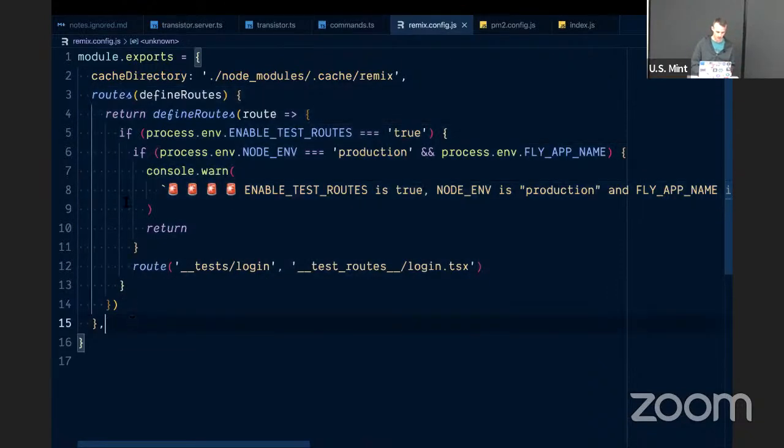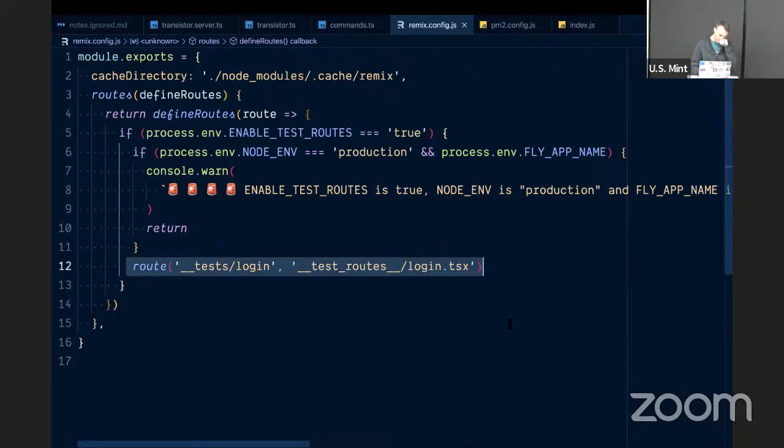I have this routes config where you get to define routes. This is how you can define, what's the word I'm looking for, dynamic routes. There are various use cases for this, and this is one of them. I have a bunch of protection around here because I do not want to build my test routes in production, because that would allow anybody to log in as anybody else, which would not be good. And I have additional protections to make sure that it didn't accidentally happen anyway.